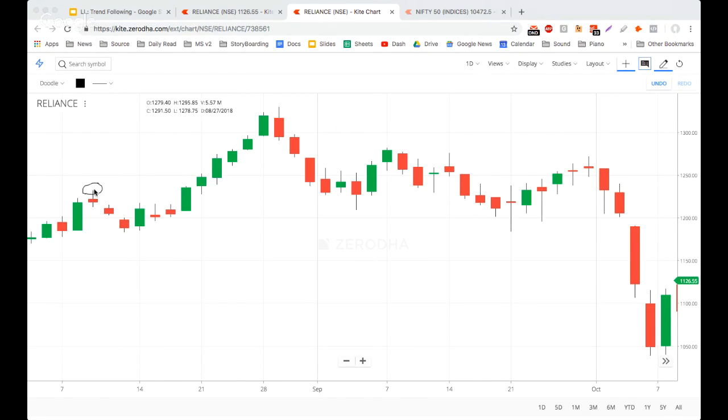So here it is. This is the first swing high. This is the second swing high. This is the third. This is actually also a swing high. If you didn't get it, it's okay. And you have final this. So 1, 2, 3, 4, 5. Did you get most of them? Please type yes if you got most of them. अगर आपको 4 या 5 मिले, give yourself a round of applause.